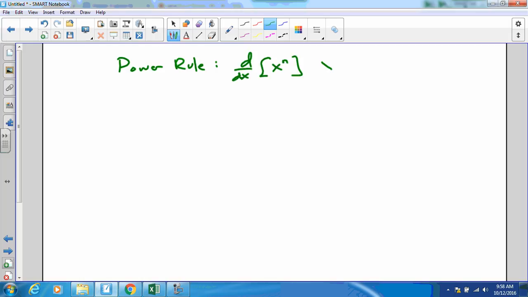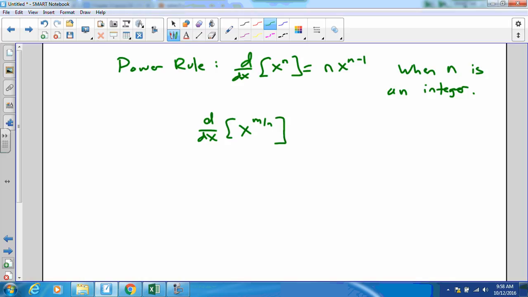We use deduction to prove that this is the case when n is an integer. We use deduction to prove it for positive integers. We use the quotient rule to prove it for negative integers, and the case n equals 0 was trivial. So we've got the power rule for all integers. What we'd like to do is to extend this to consider now all rational exponents,